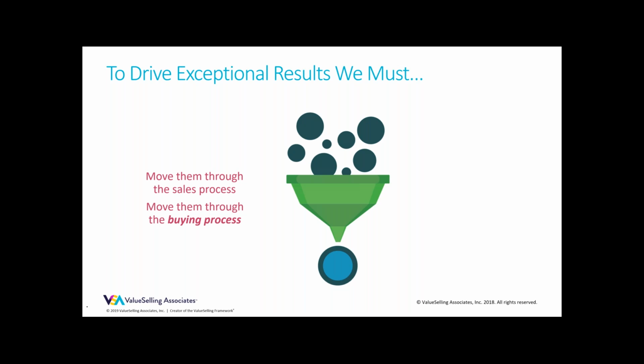In an ideal world, your sales process mirrors the aggregate of your buyer's buying process. Now, no two companies are exactly the same, so we need to have some flexibility in there. But at the end of the day, selling is facilitating buying. And when we facilitate buying, we are more effective than if we are pushing a sales process on someone as opposed to facilitating their buying process. So we'll talk about what that means.